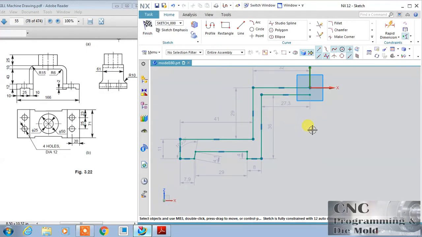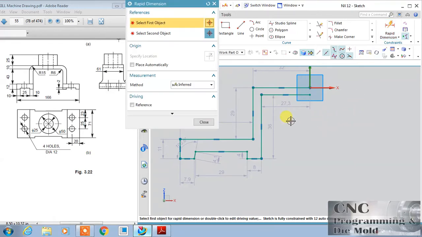So I have created this object just with my approximation.